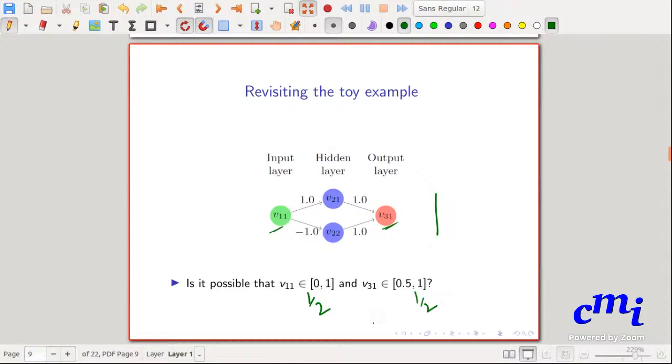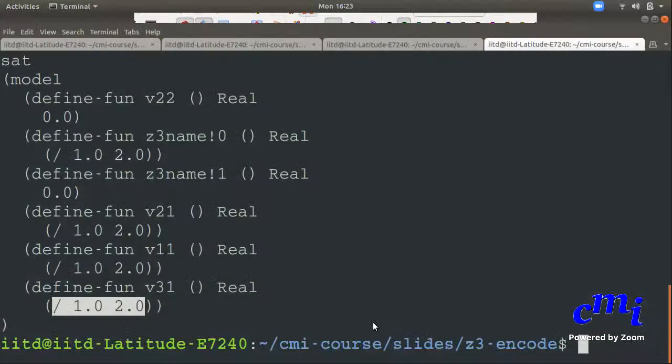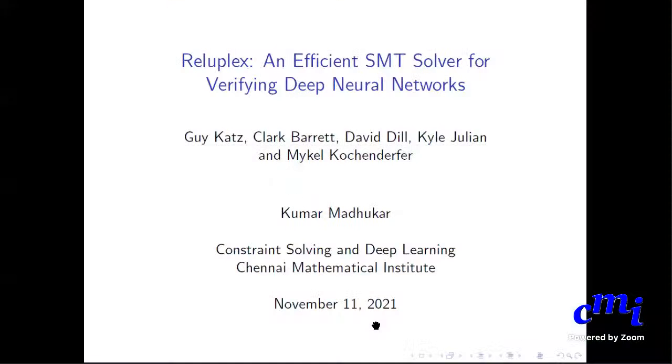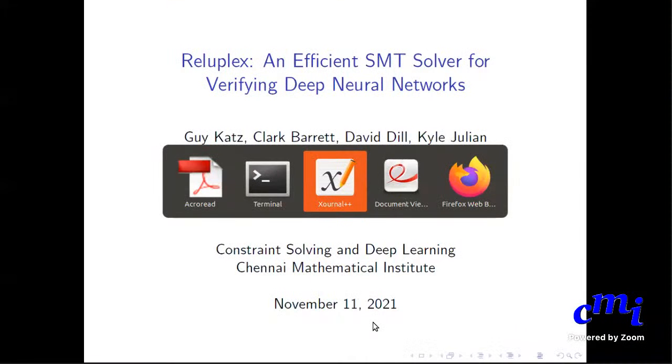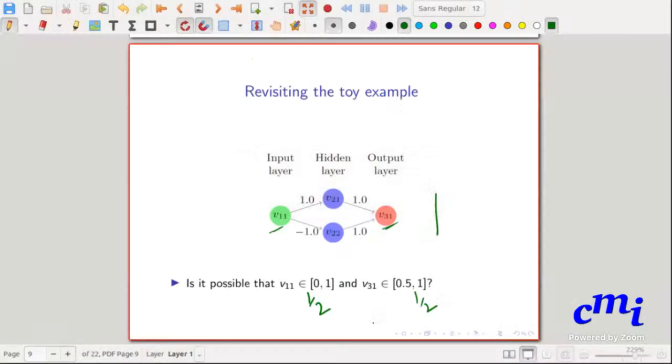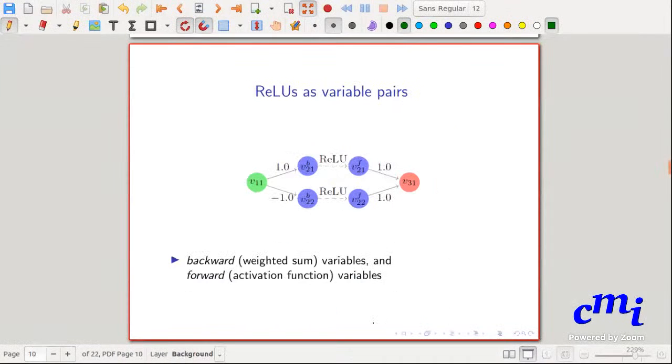Okay, now let's try to see. Of course, this we solved using Z3, but let's try to see whether we can do this using the technique that these guys have proposed. Okay, so how does this technique work? So they say that,